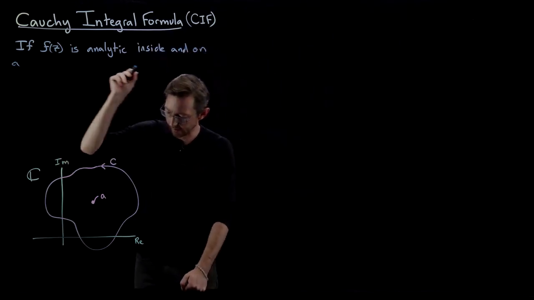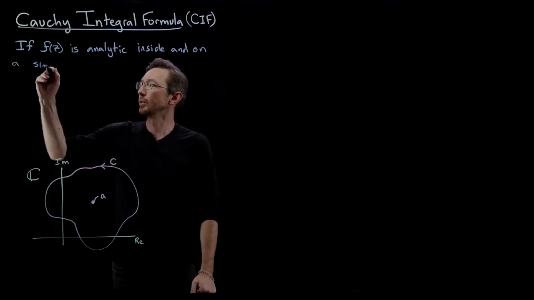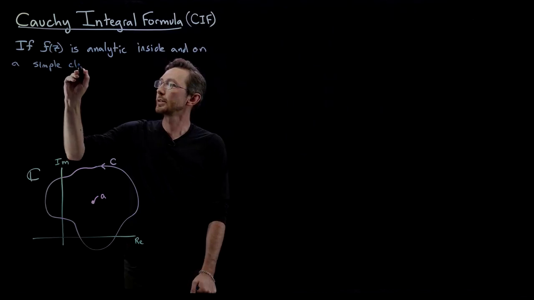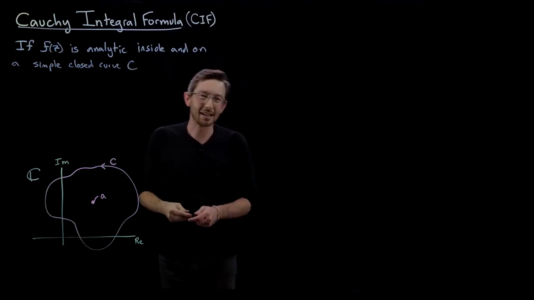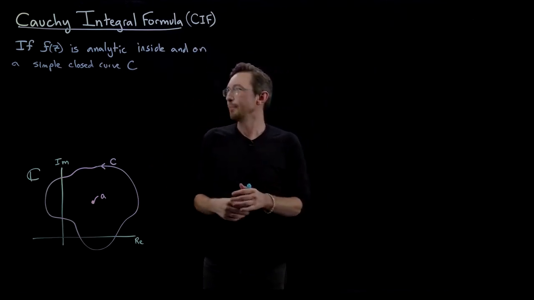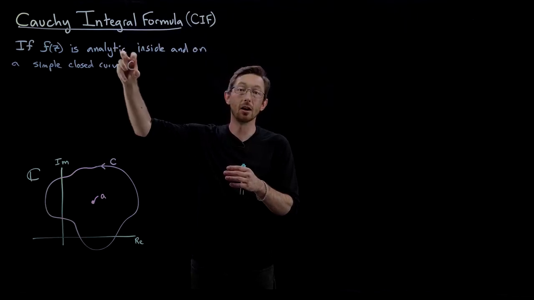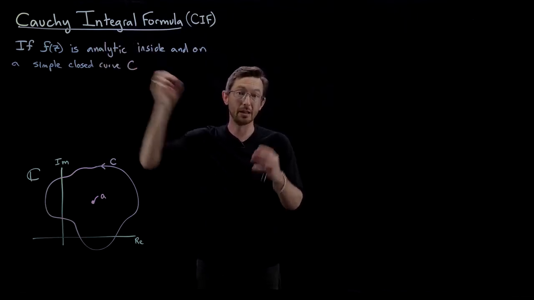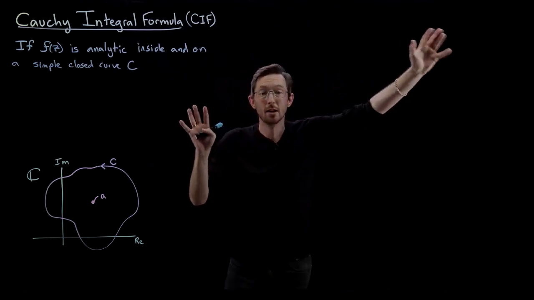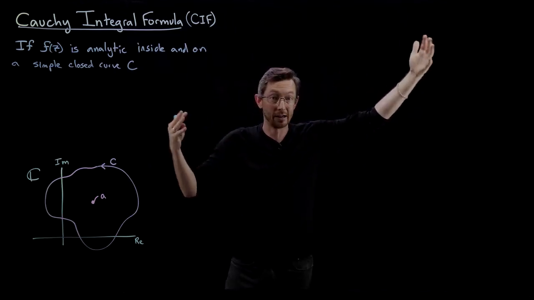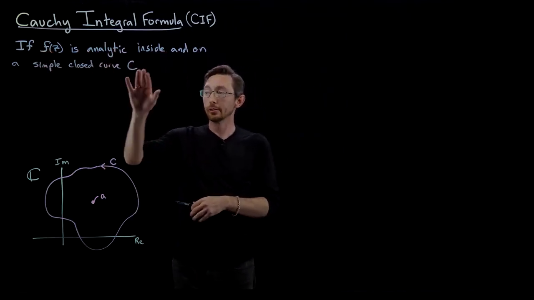a closed curve C, a simple closed curve C, this just means, basically, I actually mean that the domain that this curve C is on is simple, meaning that the domain is one connected region. It doesn't have two disconnected regions in the domain of analyticity. But if f of z is analytic inside and on a closed curve C,